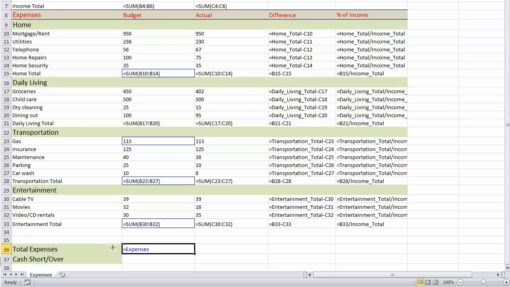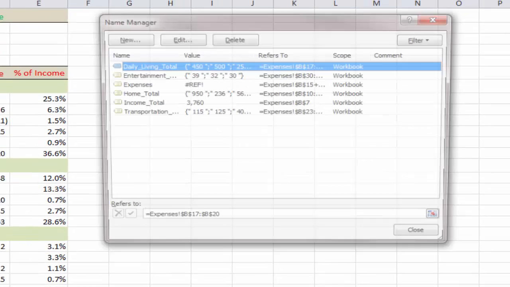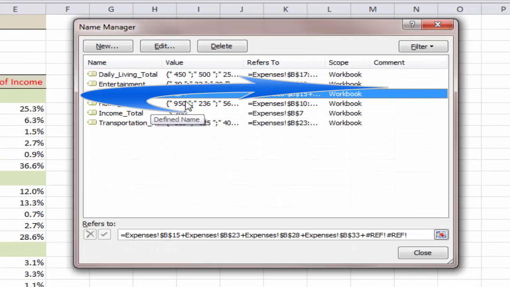So to use show formulas is just an extra step, and it might help us visualize in ways that using the name manager might not help. One of the things the show formulas tool lets us see very quickly is we've grabbed a line item instead of the daily living total. But what it doesn't show us is what's making this error, because grabbing the wrong line wouldn't give us this reference error. What we need to do is we need to go into the name manager and look at what